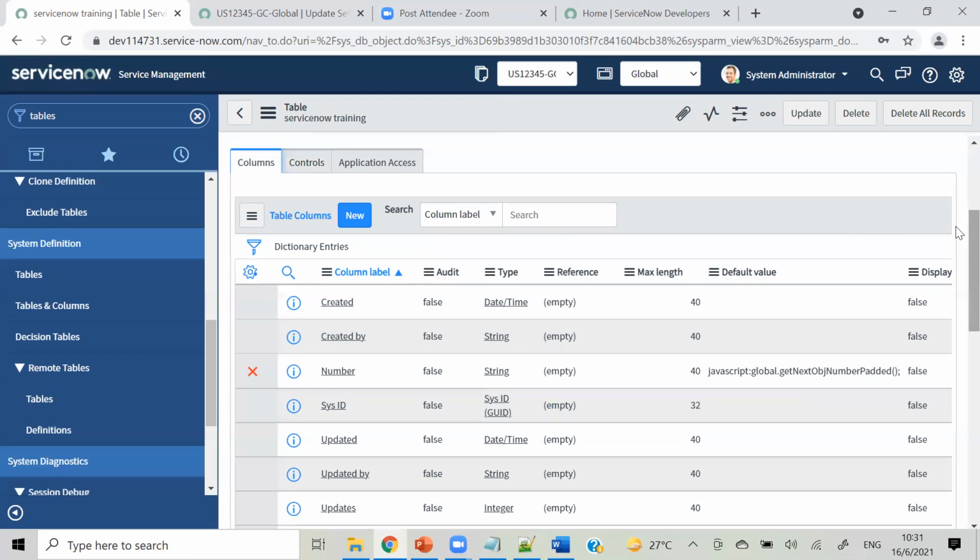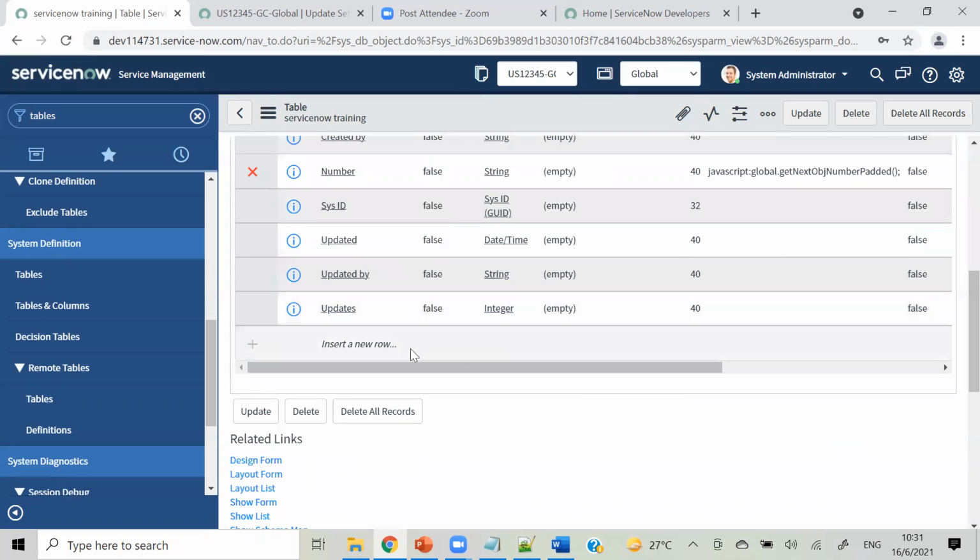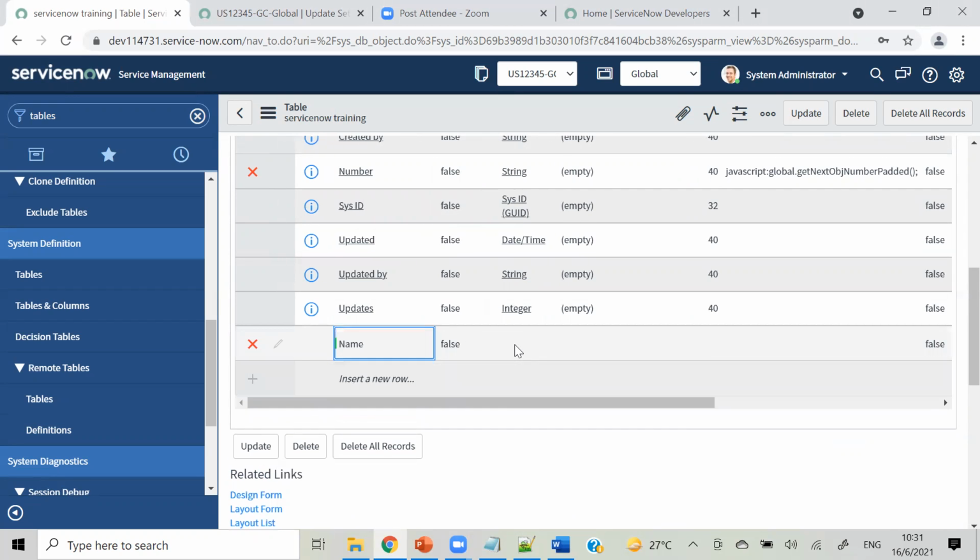So for now, I am making a field here. And if our meeting ends, I will send you a new link in 5 minutes. I am giving a name field, and I am keeping that as string.